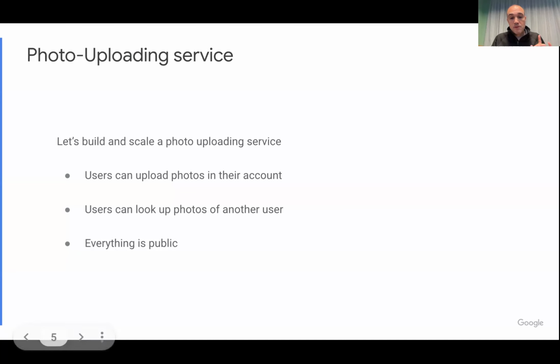So we're going to make one simplification for this example: that everything is public. In reality, nothing is public, because you don't want to upload your photos to a public library for the internet, right? But I'm going to make it as such, not because I recommend doing that, but for simplicity, to understand how the system would work, because I want to focus on the upload and the replication and all these things. In reality, you are going to have authentication, user accounts, and all sorts of permissions, for when only you, or the people you share the photos with, are able to access those files, right?